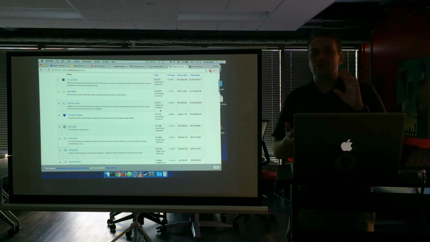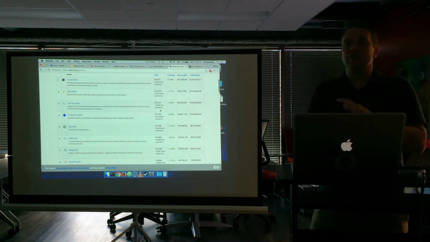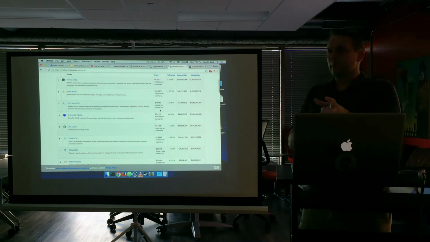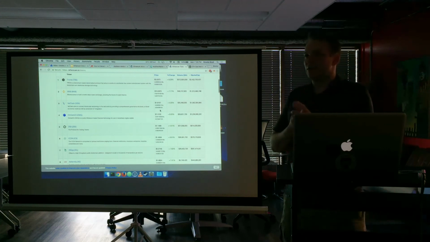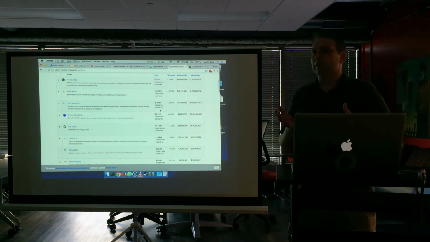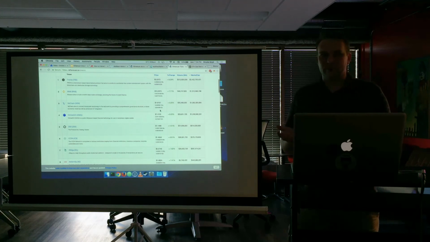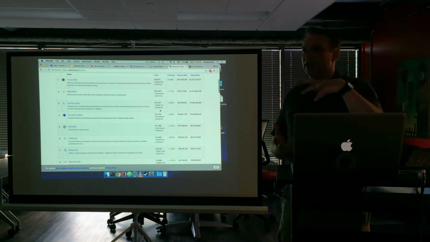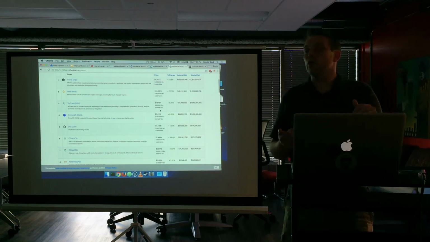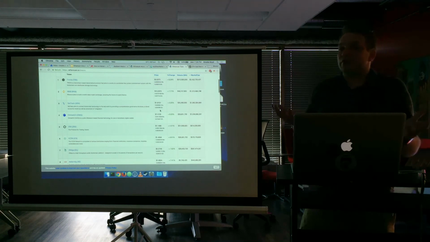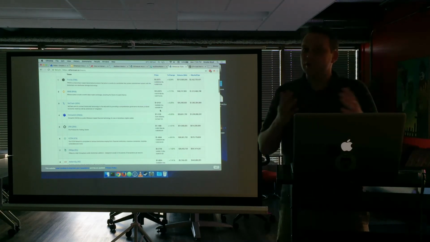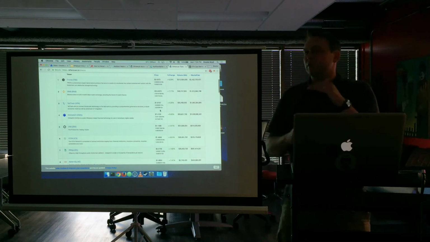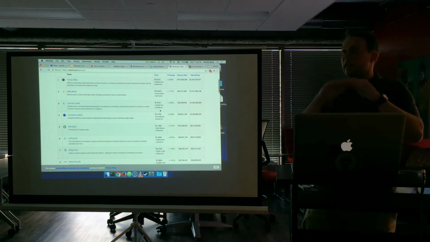The only part of the definition of the ERC20 interface is the name of the function and the intended purpose. Like the transfer function, which is the common one, move it somewhere else. Most tokens will let you transfer at any time if you happen to have the worth of it. Although some contracts will build in the idea that the maintainer could freeze transactions if there's a breach. Or you could make a token that says you can only transfer it on Sundays. The function is still the same, transfer, it will just always fail unless today happens to be Sunday. So the logic of those functions is completely up to the developers. The name has to be the same.